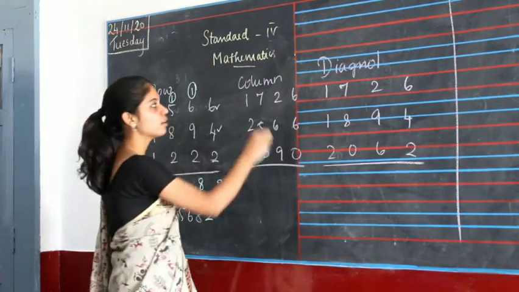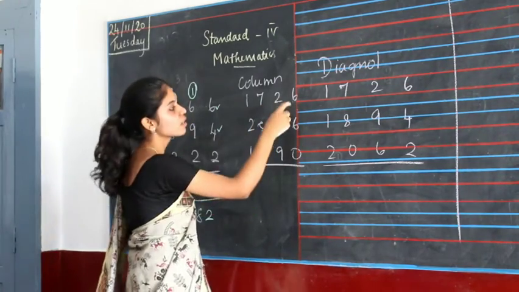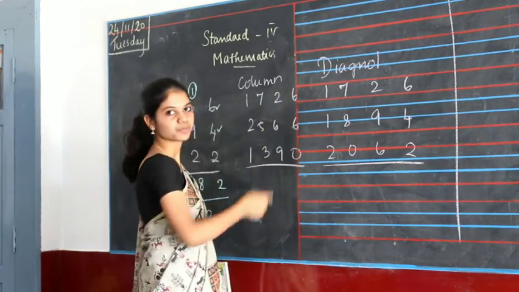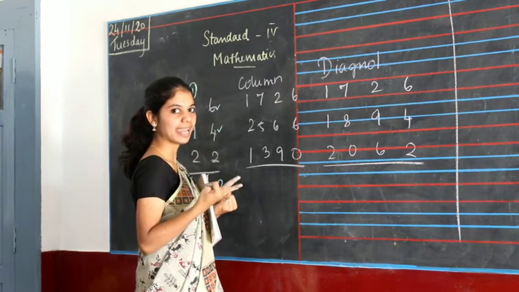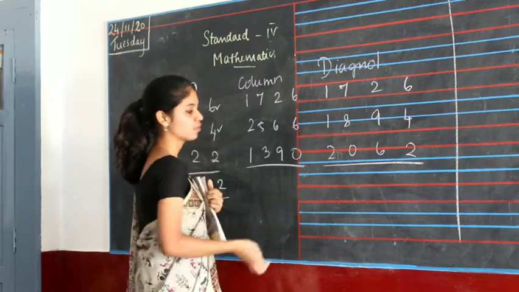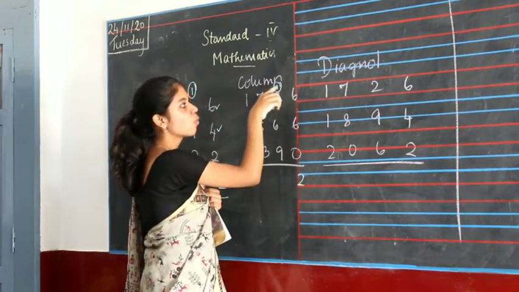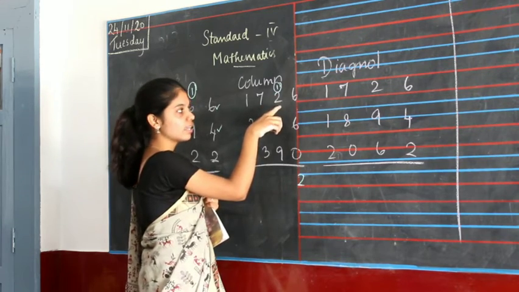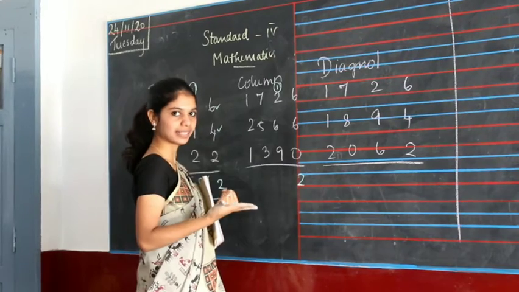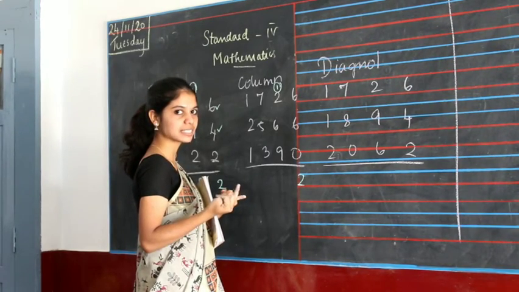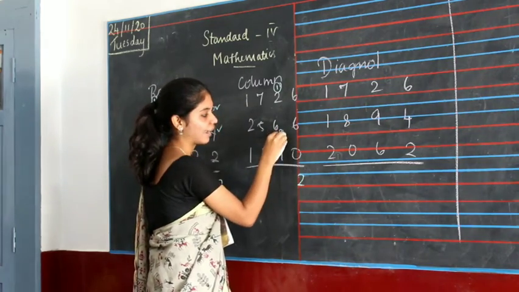Now we will check with the column. We are taking the first column and going to check it. Okay. 6 plus 6. 6 in your mind, 6 in your finger. 6 after 7, 8, 9, 10, 11, 12. So 2 and 1 carry. 1 plus 2 will be 3. 3 plus 6, 3 in your mind, 6 in your finger. 3 after 4, 5, 6, 7, 8 and 9. So here you got 9.